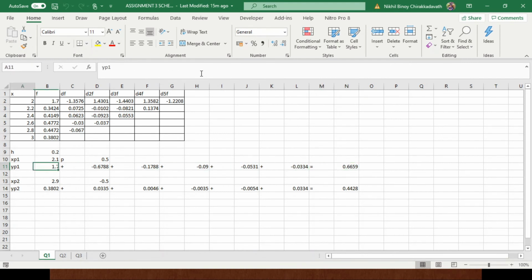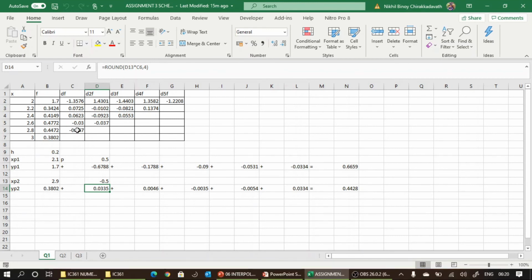And here I use backward difference. So this is backward difference. So this is p into this value. So that is del, I told you the last one. So this is del fn. Then this is p into p plus 1 into this value, that is del square fn divided by 2 factorial. So like that it will go. So this is backward difference.